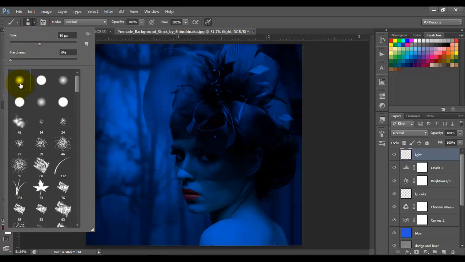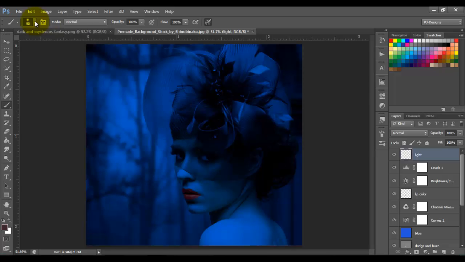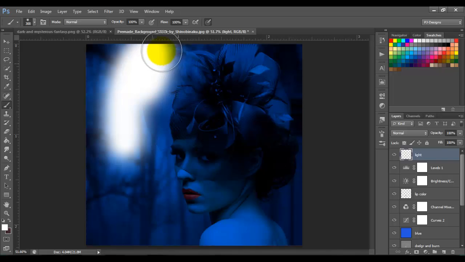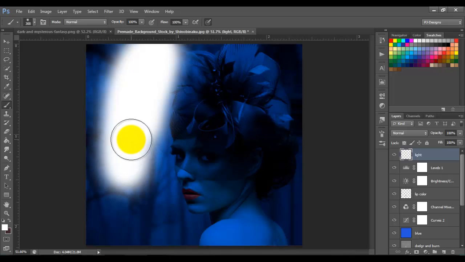It's gonna be the soft brush, color white, make sure you have white, and we're going to paint with a brush this size. We're going to paint this area, and now